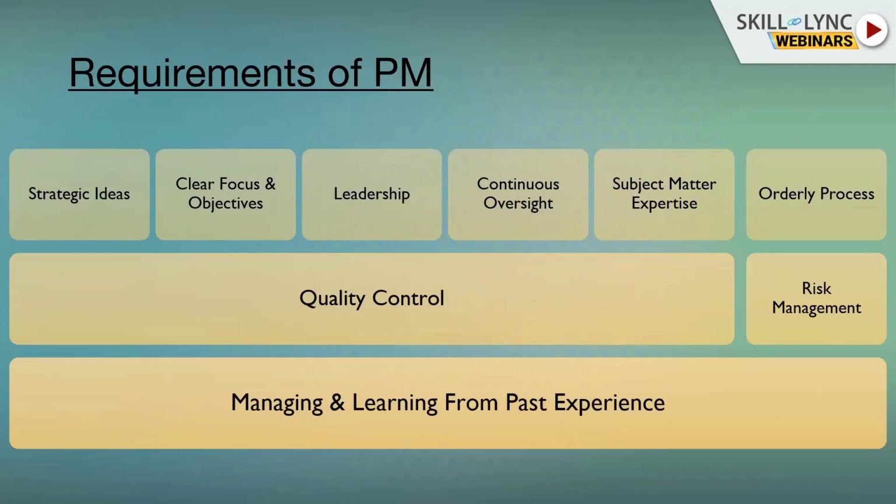Again, the next thing is clear focus and objectives. Yes, we need to have that clear focus. We need to have clarity on the objectives which are to be achieved, right? We should understand which particular product is required to be achieved. For achieving that goal or product, we have to define all the activities. So we should have that clear vision that this kind of activity has to be achieved.